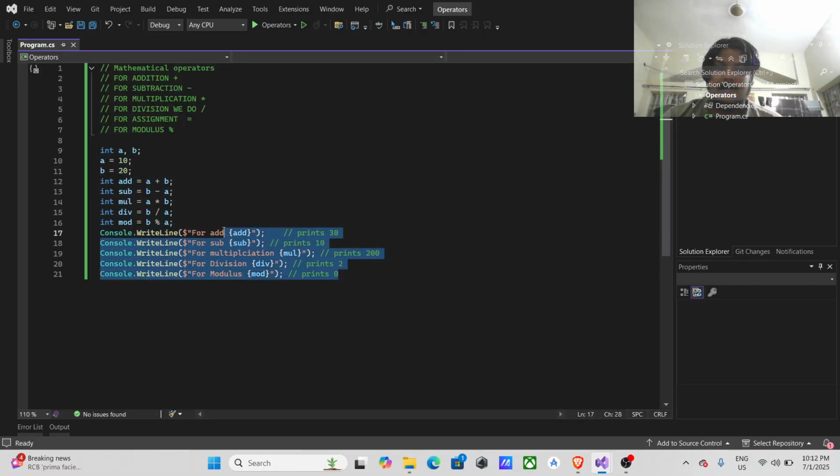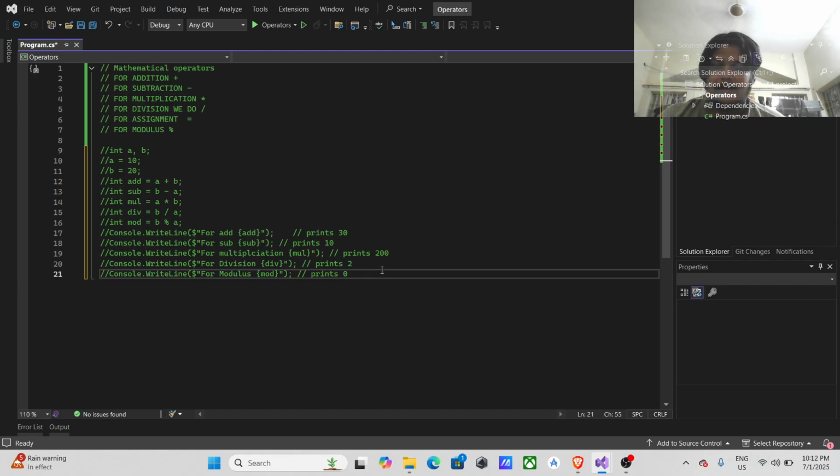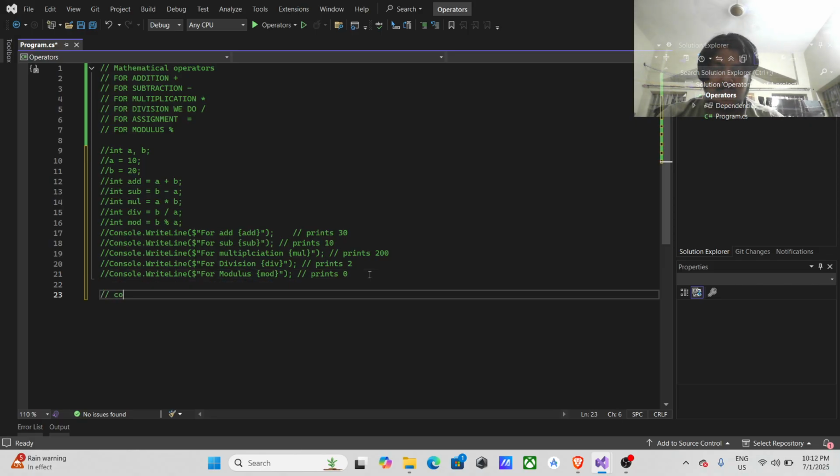The shortcut key for commenting out in Visual Studio is Control K, C. Now we have the